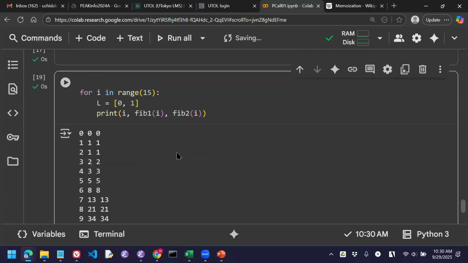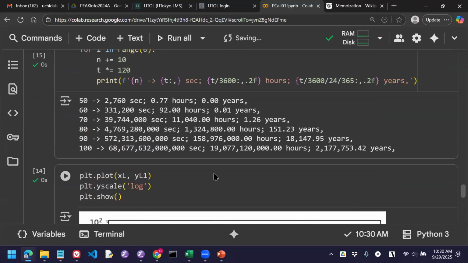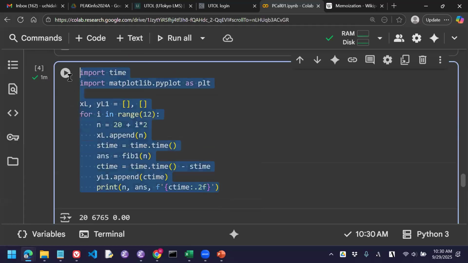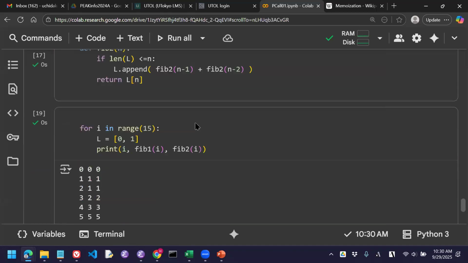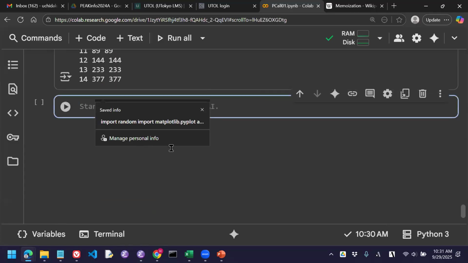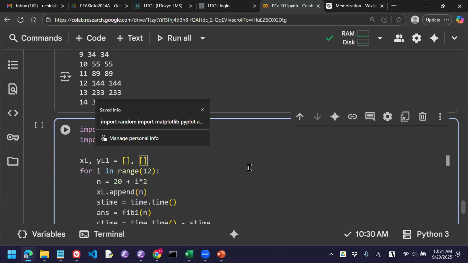Like we can copy from the previous case, the computation time here. Okay, we can copy the whole code here, copy paste it down here, and then change